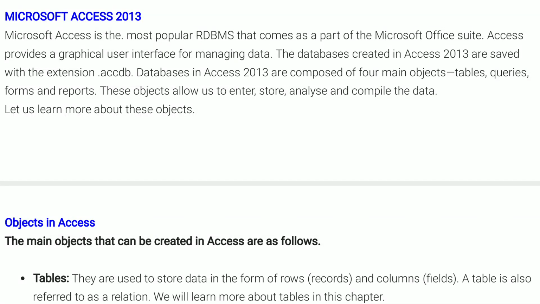Today in this video, I am going to explain you all about the next point, as you can see on the screen, that is Microsoft Access 2013. In this, I will discuss all about Microsoft Access, objects in Access, starting Access, creating a database and components of the Access window. In the previous video, I have already explained you all about database, DBMS and advantages of a database in detail. Now let's start the new point,